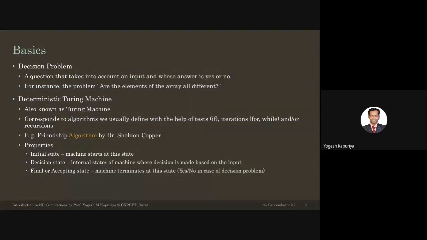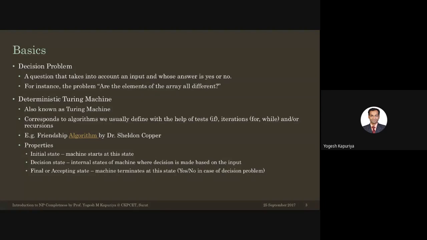So this kind of problem statement is said to be solved using an approach given by the deterministic Turing machine. Now again, this is a new term for you, deterministic Turing machine. Actually, you will learn Turing machine next semester under the subject of system programming. But let me give you a very brief idea about it. Turing machine is basically a theoretical concept based on which our computer has been built, right?